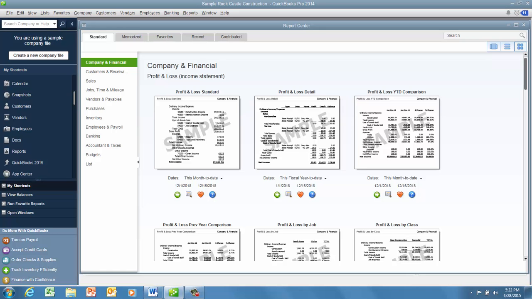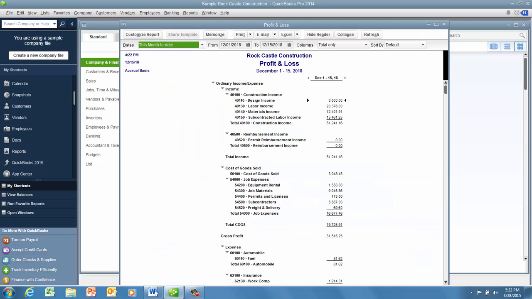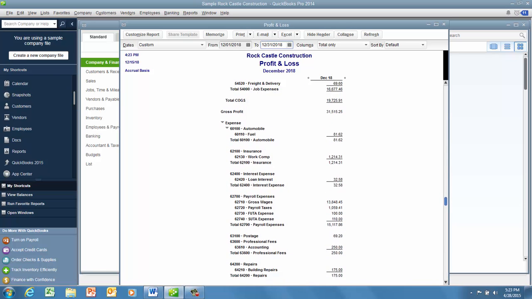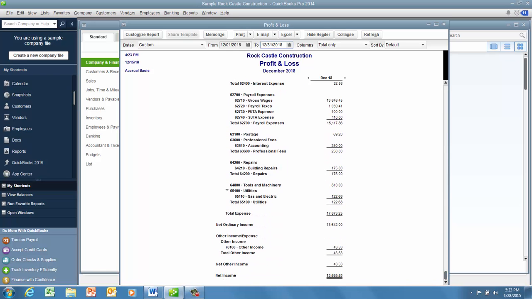Okay, if we just want to take a look at a regular standard income statement, we would choose this profit and loss standard and click on run. We have to make sure our dates are what we want them to be and hit refresh. Okay, and now here's our income statement. We have our revenues, our cost of goods sold, gross profit, here's our expenses, etc., coming down to our net income,